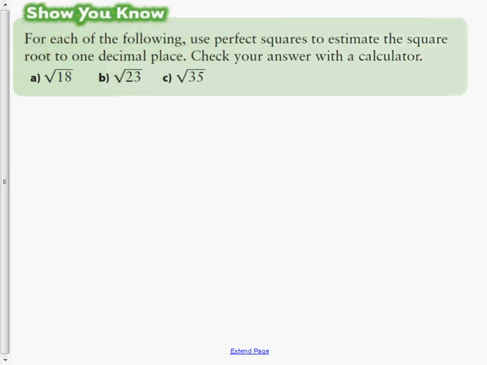Okay, this is 3.3 in your grade 8 Math Links textbook. These are the show you knows for the section on how to estimate